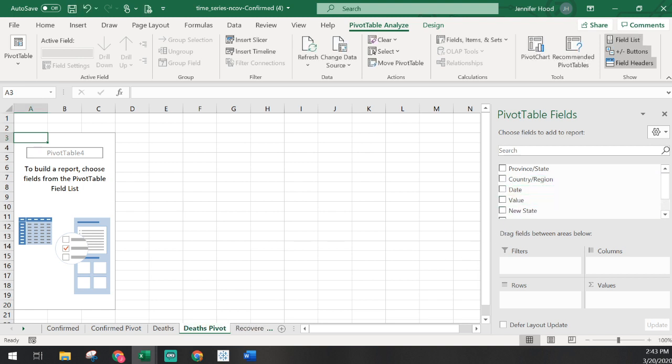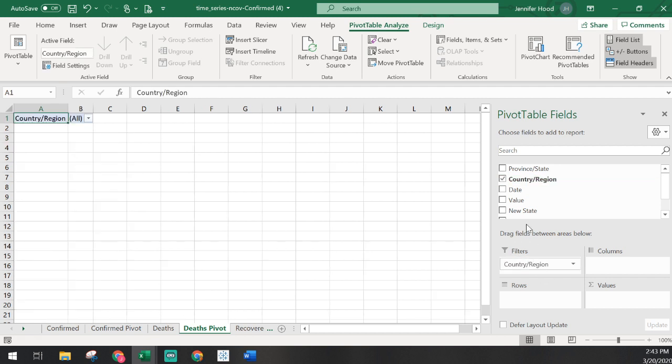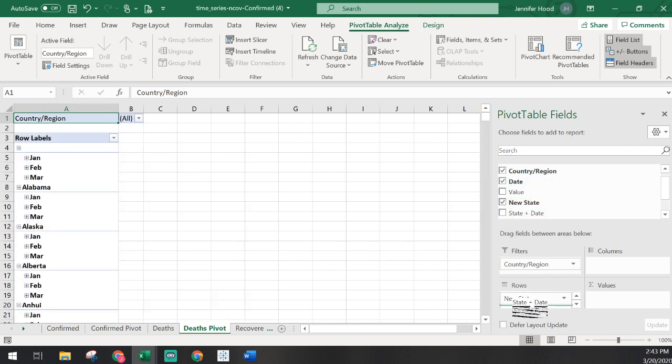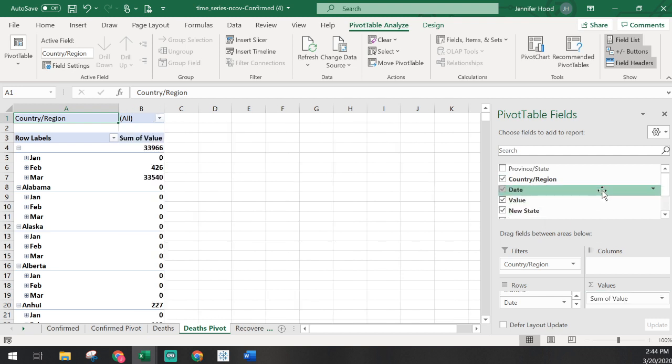And I'm going to do the country region on the filter. We want to do province. We want to do new state and date and state date down in our rows. And we want to do value.